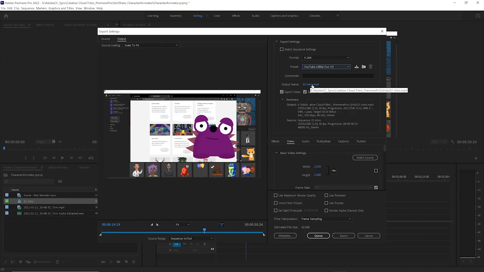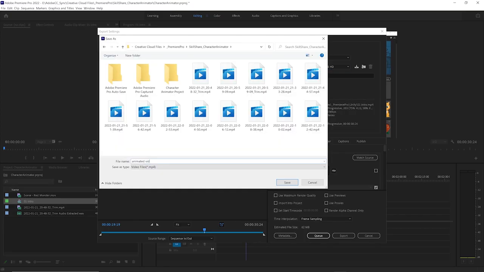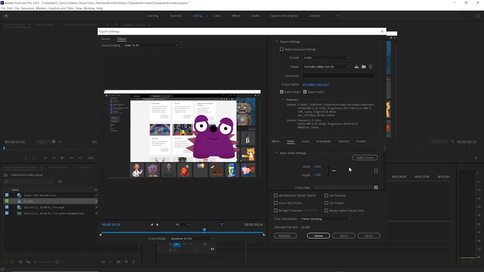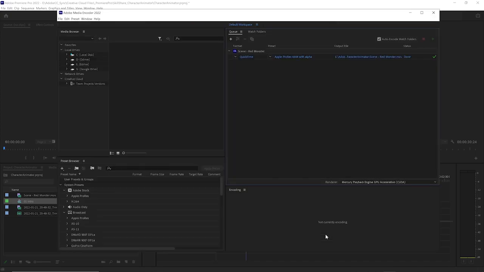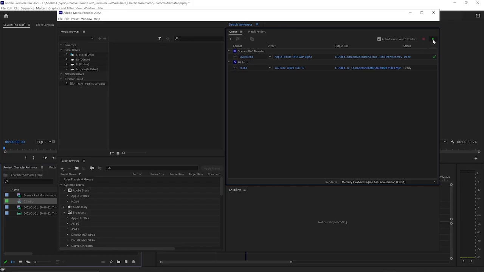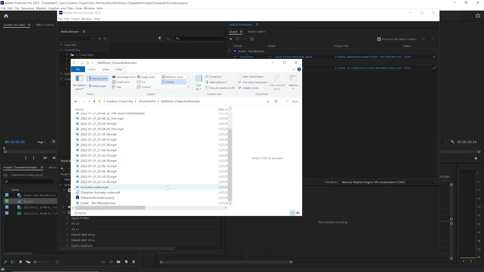Make sure your output is how you want it. And everything else should be okay. We'll go ahead and queue that, and it's in your queue, and you can press play. So after that's encoded, here it is, my folder. I'd probably organize this better,